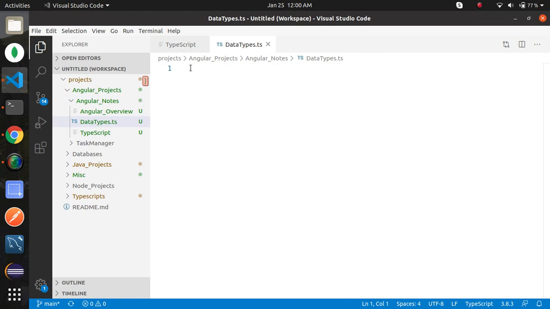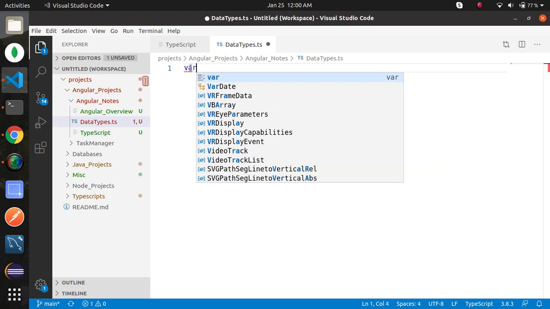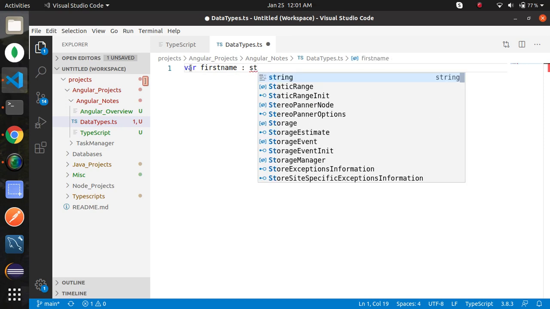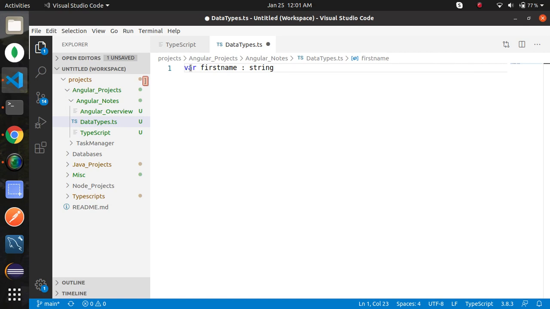Let's create a variable. I'm going to create var firstName, and then after the variable name write colon and then the data type. In this case, firstName will be string, and then assign a value. Suppose I am giving here Rahul.